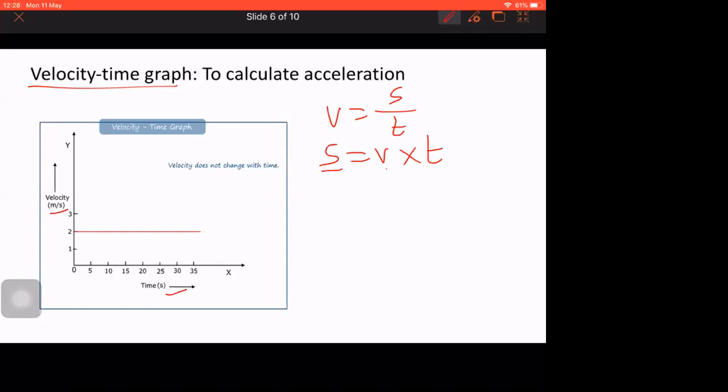Yes or no? Yes, ma'am. You can. How to calculate? Now that is the question. Because in the previous case, it was very easy. We just took the slope, y-axis by x-axis, and calculated. Now it is not possible in that way because it is velocity into time, not velocity divided by time. I can't do y-axis by x-axis here. It is not division here. Here I have to multiply velocity into time. How can I multiply velocity into time using this graph?